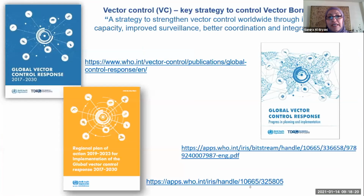This slide just presents the topic of my presentation, which is the regional plan of action for the implementation of the global vector control response. So vector control, as I previously mentioned, is a key strategy to control vector-borne diseases. And the global vector control response was developed by WHO's three departments, the NTD, the Global Malaria Program, and the TDR, as